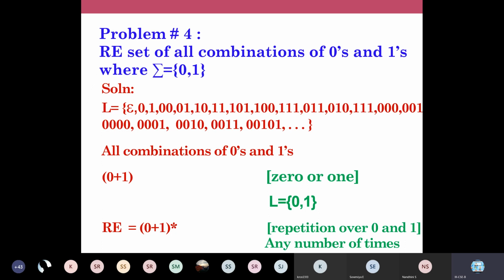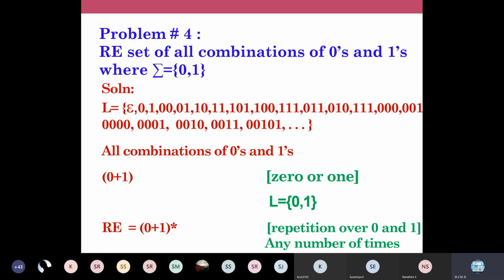So we'll take one more string. We'll take 111. We have a string called 111, is it not? So in that case, when I'm using a regular expression to define this string, for the first occurrence, I'll take 1. For the second occurrence also, I'll take 1. For the third occurrence also, I'll take 1. Then I'll get 111 as my string. Okay. So that is the way we are going to check our strings with our regular expression. Okay. So you can cross check whether we have written our regular expression correctly or not.